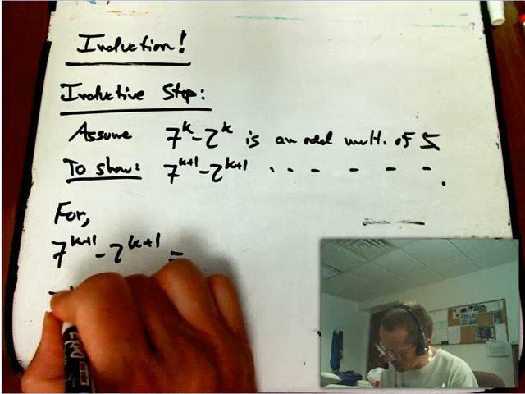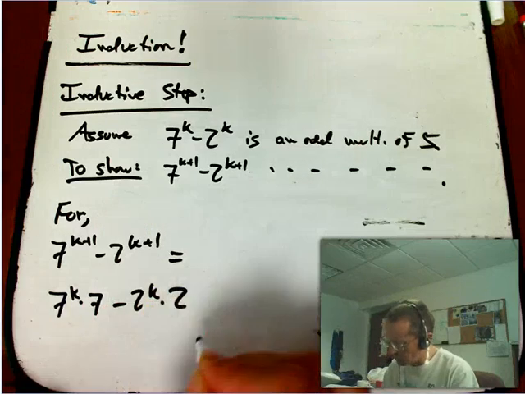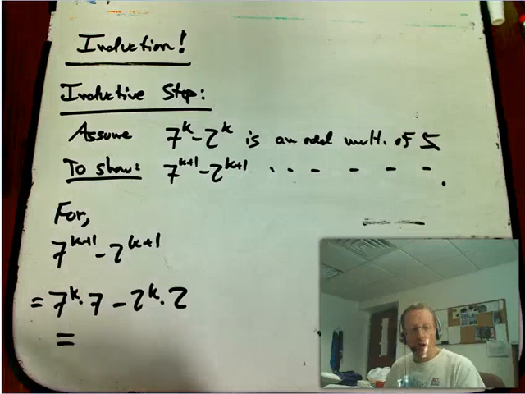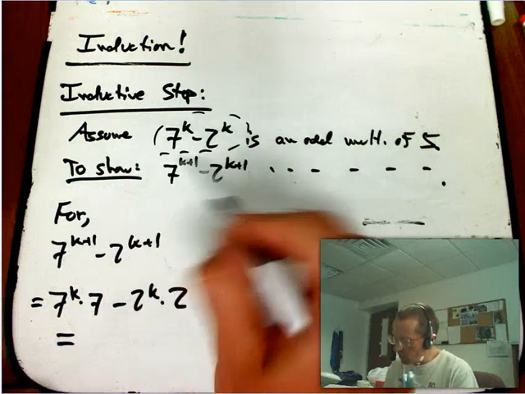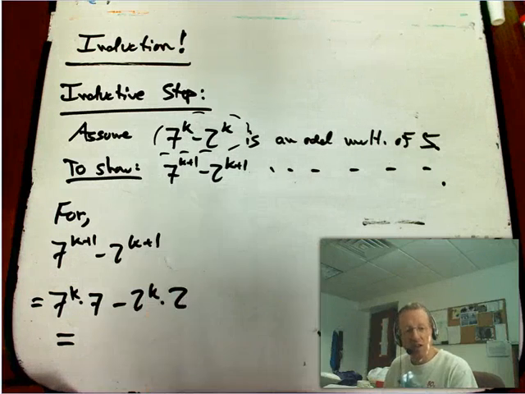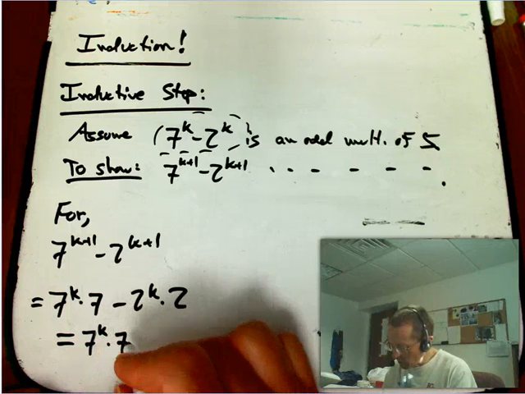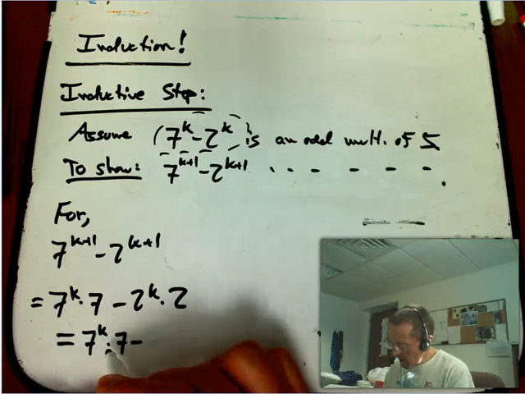So this is 7 to the k times 7 minus 2 to the k times 2. Okay, so that would look better here. That already gets this in there almost. Ooh, but it's not just 7 to the k minus 2 to the k. So here we have to do a very common little mathematical trick, which is add and subtract the same thing. Okay, I need to get